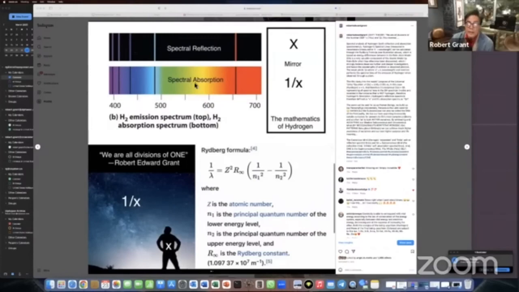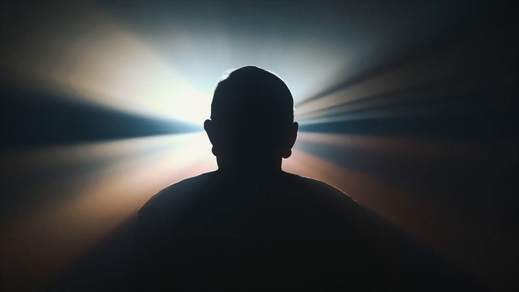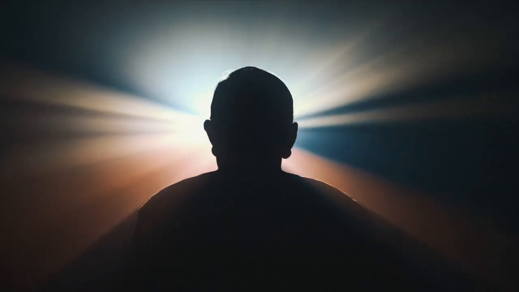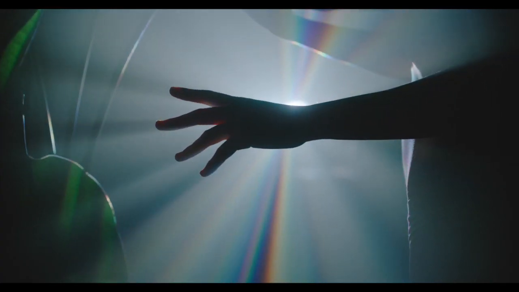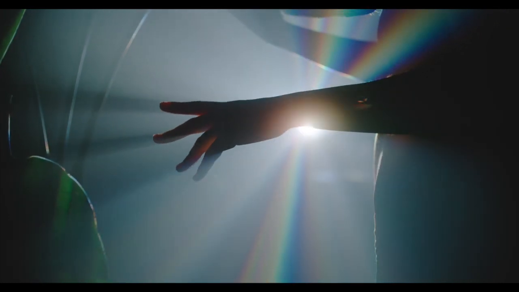So that means that you have a persona, which would be these colors right here, your reflection, and then you have a shadow, which would be the exact opposite. All the colors that are used for the reflection are not part of the absorption. That's why you have blacked out lines here. So that means you have all the rest of the colors in the light spectrum that are not you. You perceive they're not you. Well, what if those colors simply get projected back to you as reflection in the world around you?